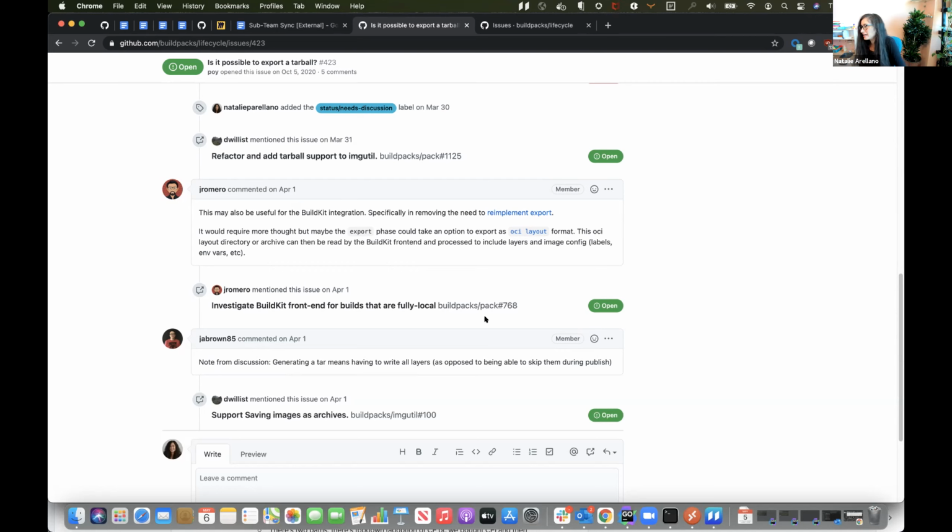Versus this very, very long single issue in pack. I wonder if it's worth, do we eventually want the BuildKit frontend to be part of the Buildpacks project, right? Should we be creating an RFC for the BuildKit frontend?